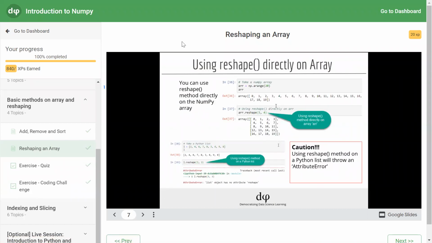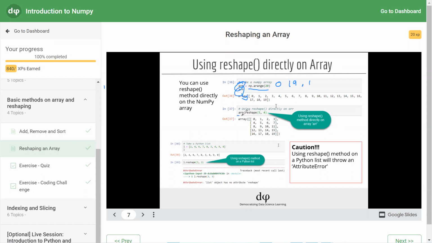Now, as discussed at the start, using the array object, we can directly call the reshape function. In this example, we are demonstrating the same. We use the np.arange function to create a numpy array containing elements 0 to 19 with a step size of 1, which is stored in ARR. ARR is directly printed on the screen.